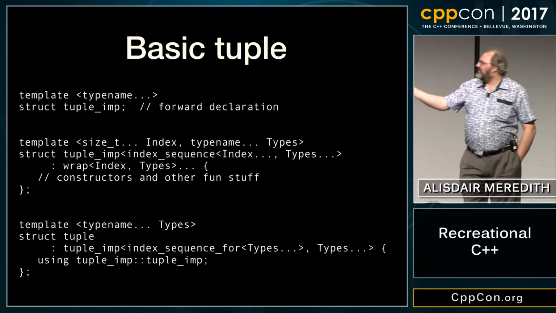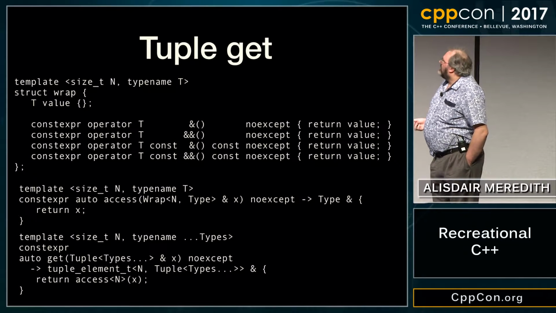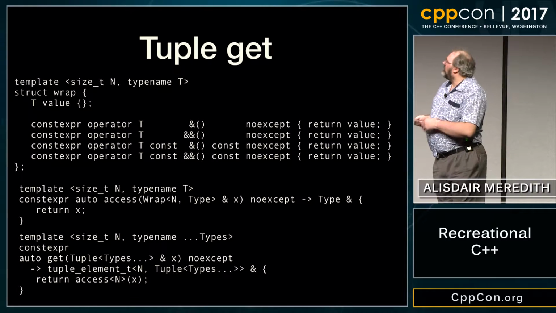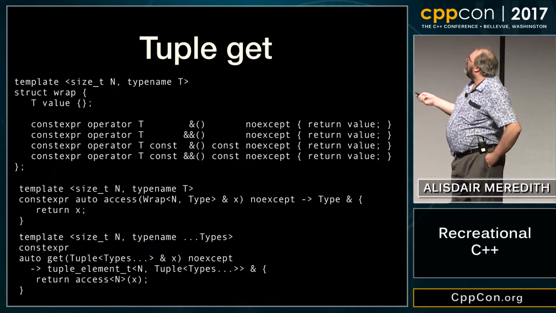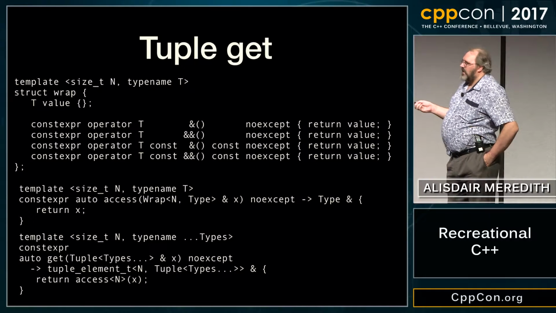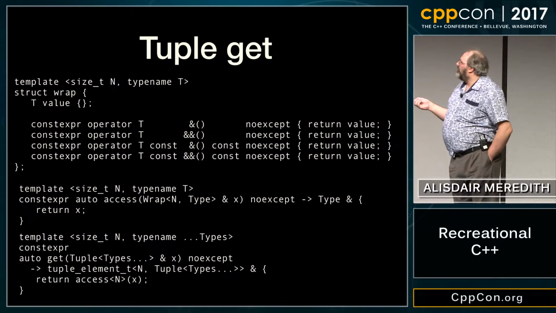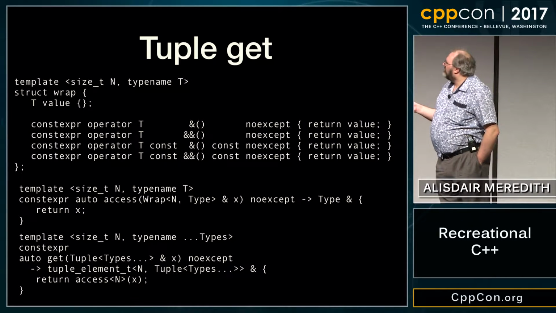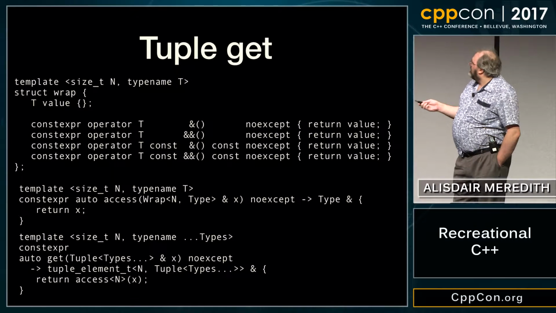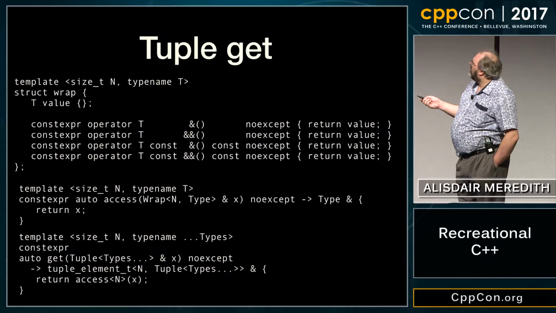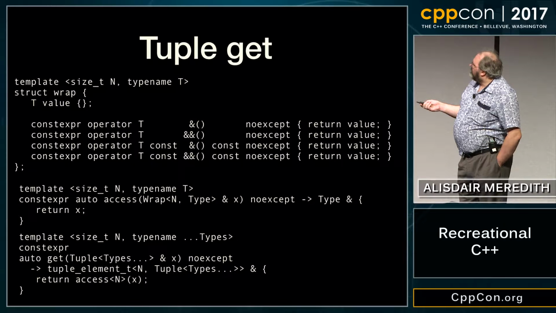That part is not exactly what we're doing for pair, but this is, for example, what our wrap type might look like. I'm going to have a value of type T, whatever I'm wrapping at this index. I'm value initializing it because that's a rule for constructing tuples. We'll talk about the validity of that later. I'm creating a conversion to reference for all the various CV qualifiers I'm going to be interested in. And in order to call get,